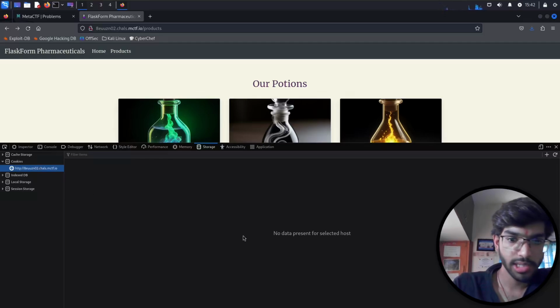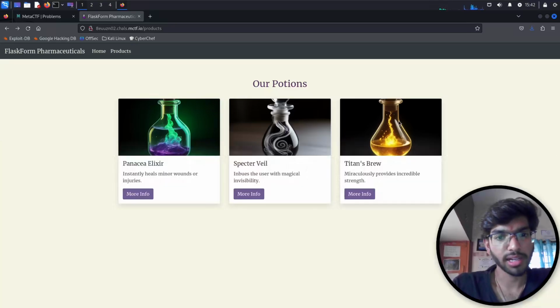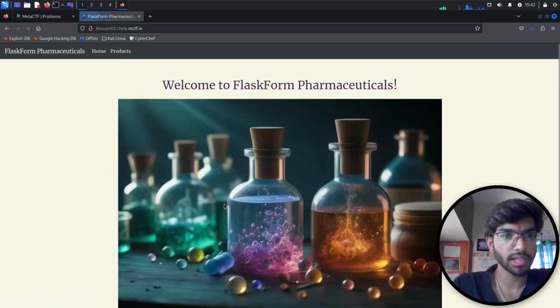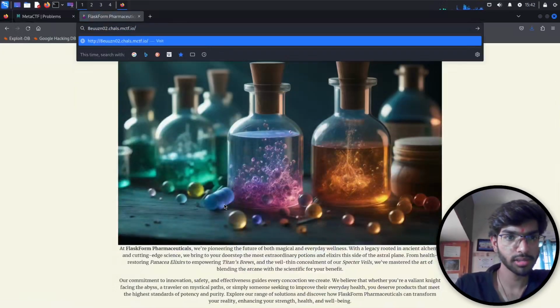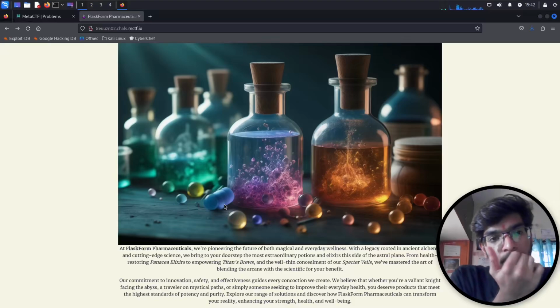No, the cookies seem to be empty because there is nothing stored in here, exactly, right? You're not logging in or anything like that. Is there any login page? Login? No, not found. Okay,